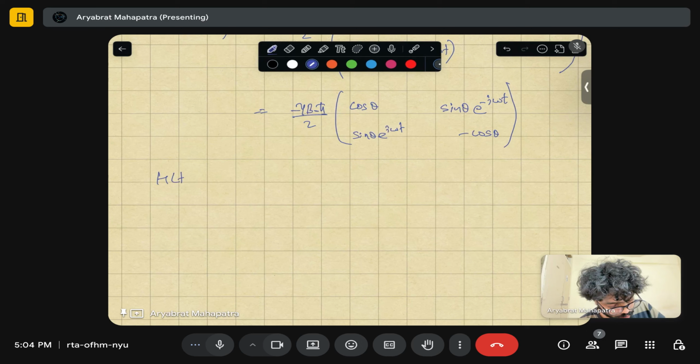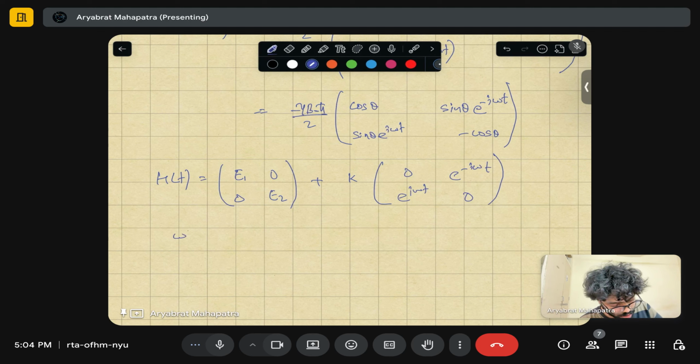I can write this as some diagonal matrix E1, 0, 0, E2, plus some k times the matrix 0, exponential minus i omega t, exponential i omega t, 0,